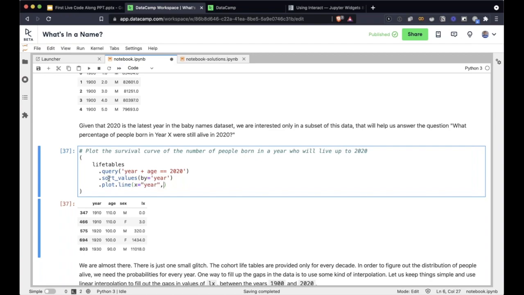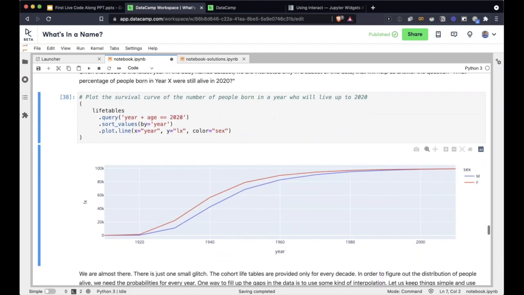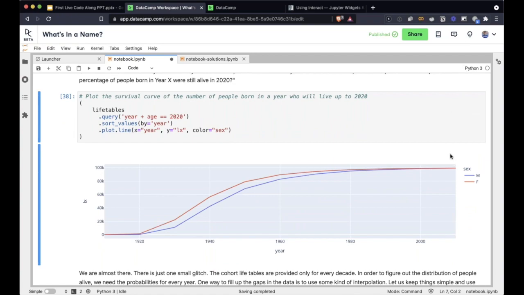X is year, Y is, sorry, age, Y is LX, right? And color is sex. Okay, so let's do it here. And you can see how this looks, and it kind of makes sense. Basically, if you're born in 1920, there are very few people born that year who are alive, and then of course it keeps increasing as you go along.